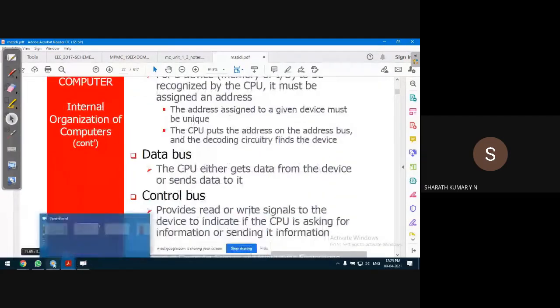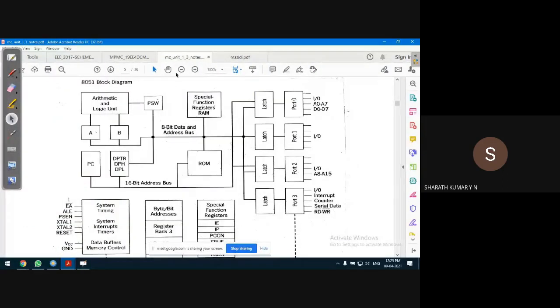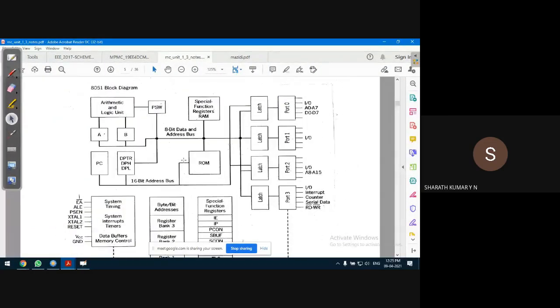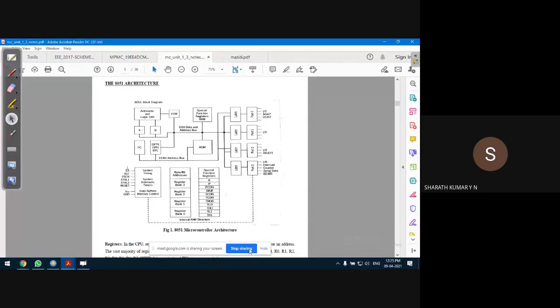Yes, let us look into the architecture. The architecture is covered in a little more detail in these notes, which I'll be sharing with you guys. So let us refer to this for the 8051 architecture. I guess all of you can see this picture here, because I'm trying to fit it to the page so that we can comfortably see. I think I'll make it full screen. Just a second. Let me see, full screen page display.